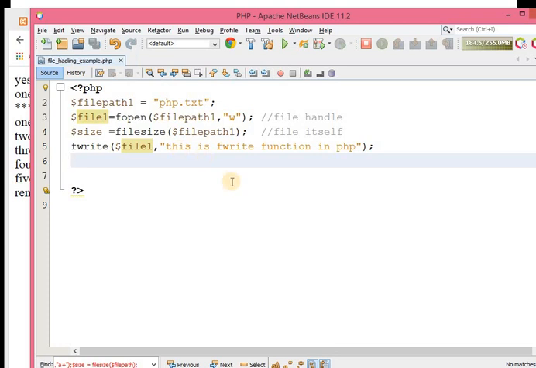Save this and put one message over here: file written successfully.